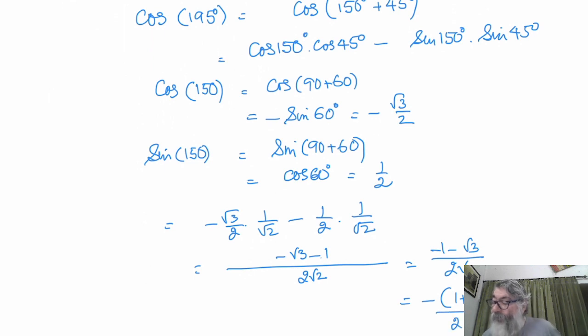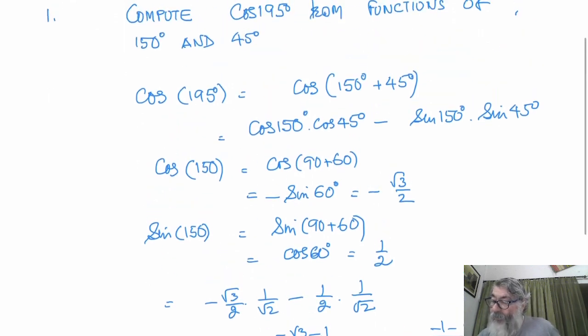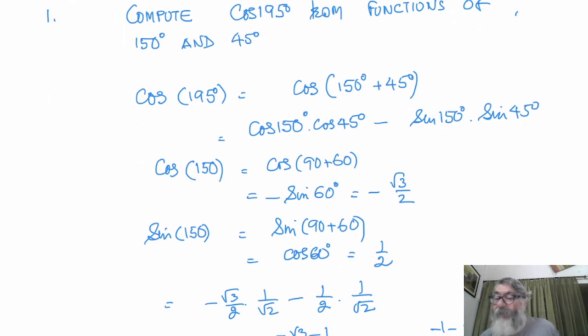So these are very common mistakes which we can make. Cos A plus B is cos A cos B minus sin A sin B. But we wrote plus, and the whole answer can become wrong with that. So you have to be careful when doing these kinds of things.